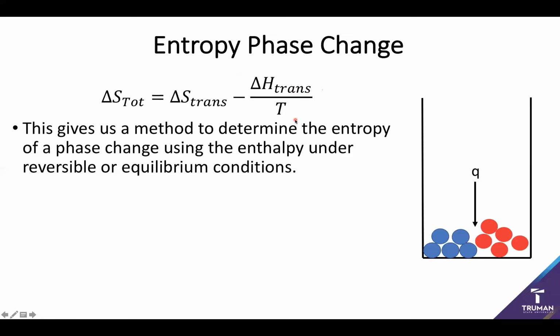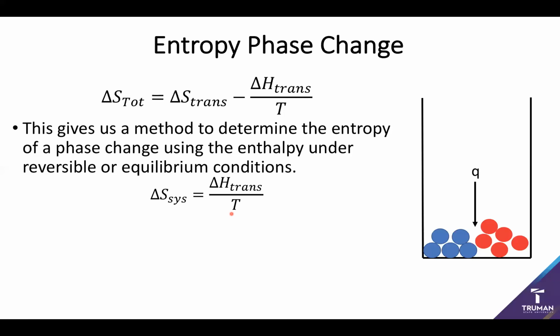But there's also another very useful thing that we can do with this equation, which is make use of reversible conditions again. Because under reversible conditions, so this is when my phase changes at equilibrium, my total entropy is going to be 0, which means that the entropy of my system is going to be equal to the enthalpy of the transition or phase change divided by the temperature. So this is one of the reasons why phase changes are typically only reversible